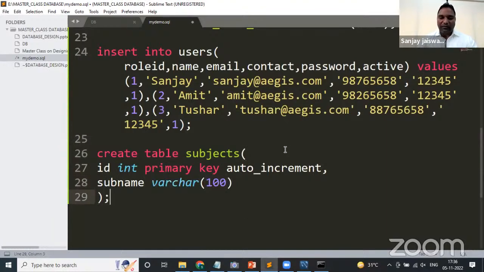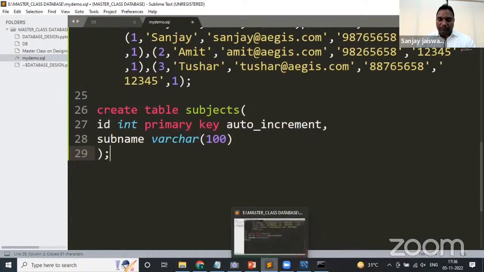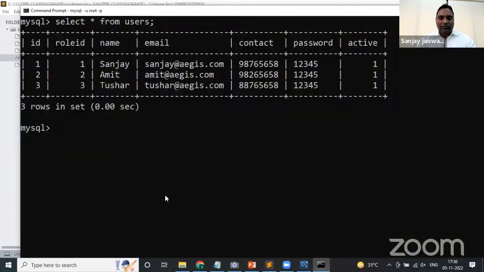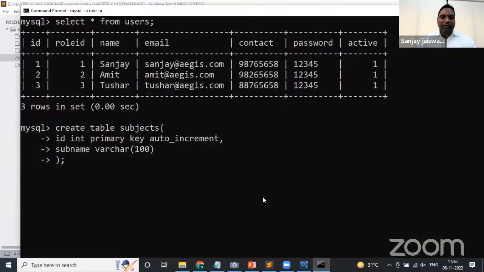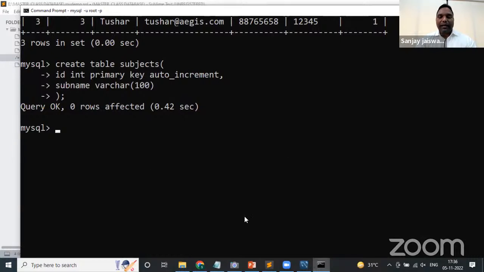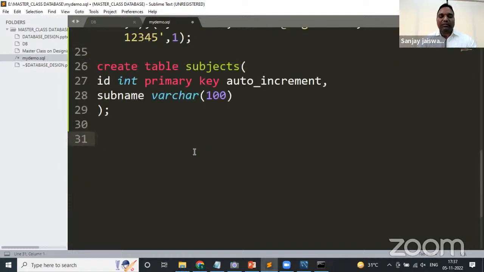So now here we will create our table called subjects. We'll just simply copy this and then paste here. So now here we have our table called subject also. Okay, now inside the subject we will have our different chapters. So what we are going to do, we are going to simply create a table called chapters. So create table chapters,